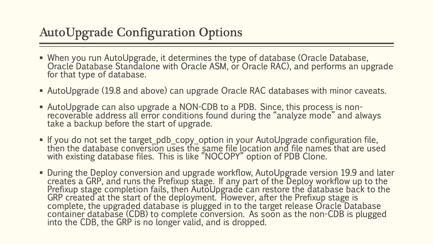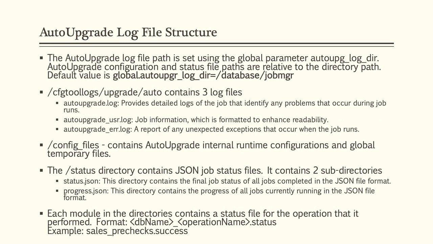So something goes wrong after you have plugged your database under a container database. Remember, there is no GRP available. As part of the plugging process, the GRP has to be removed first, and now you cannot go back. So it becomes very dangerous territory then. So make sure you always have a manual backup before, especially if the use case is non-CDB to PDB conversion. Well, I never ran into any issues with the many auto upgrades that I have done. I was fortunate enough that I never ran into those troubled waters.